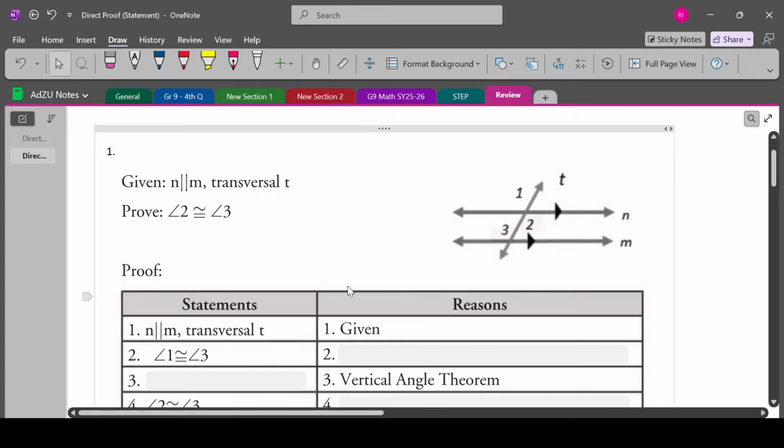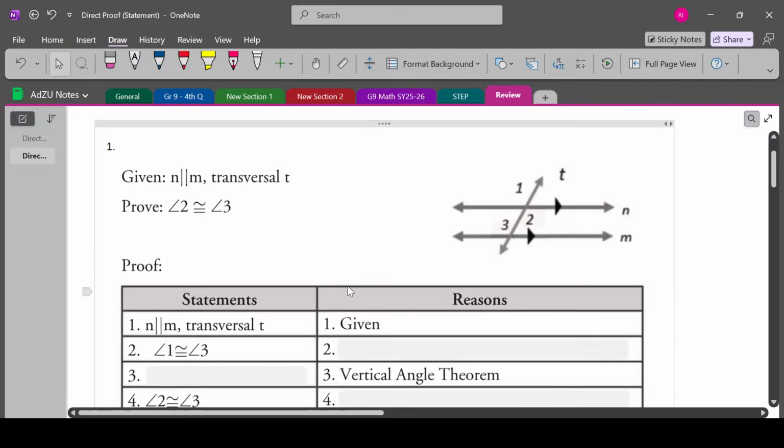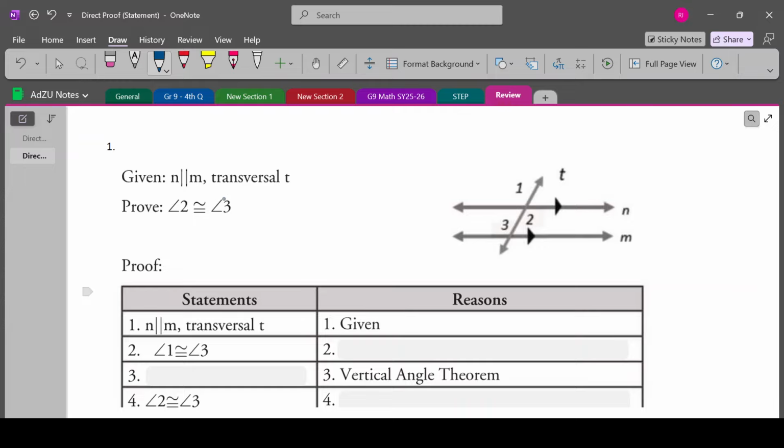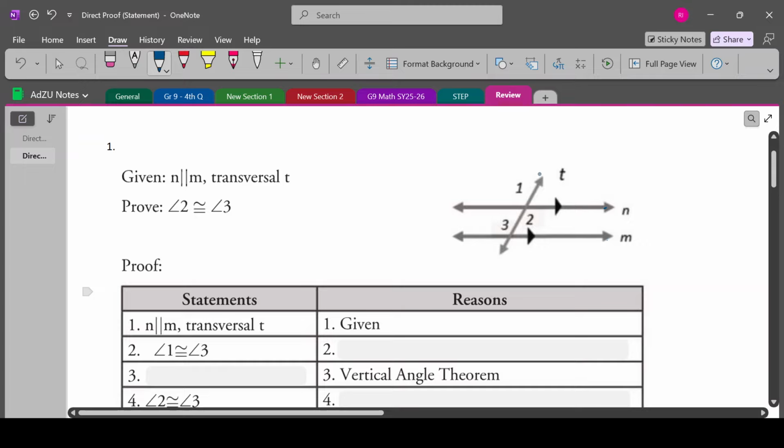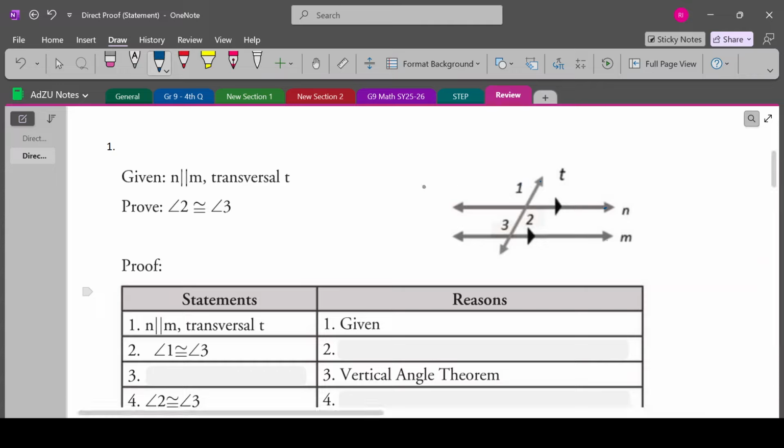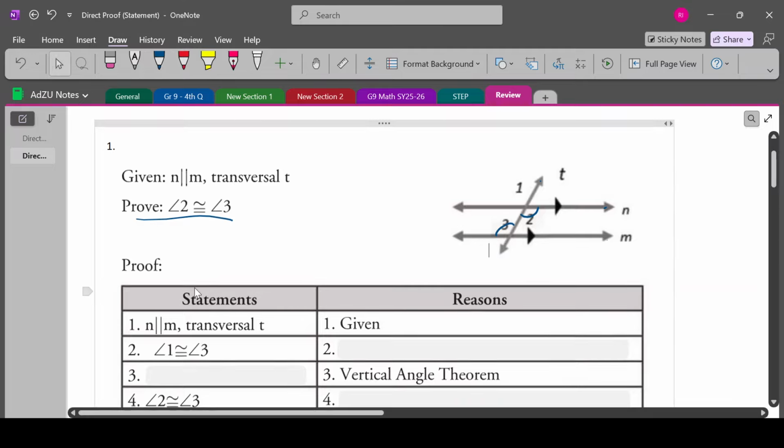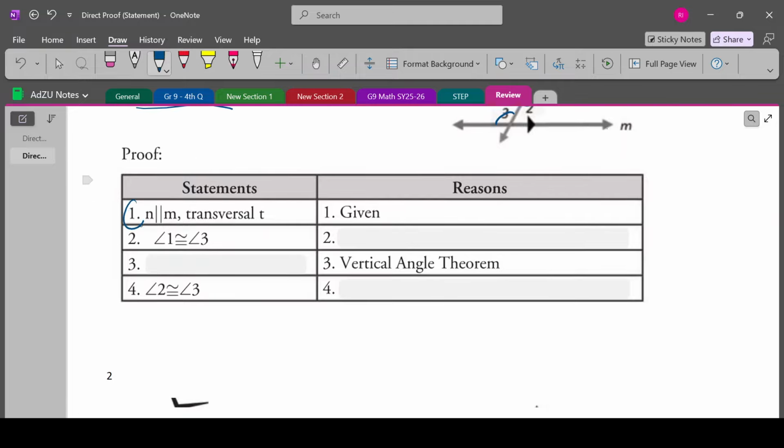So, number one problem we have this. Given that line N is parallel to line M, and there's a transversal line called C. And we have to prove that this angle here is congruent to this angle. So if we are to think of them, the relationship would be alternate interior angle. Okay? So we have the first number as the given,